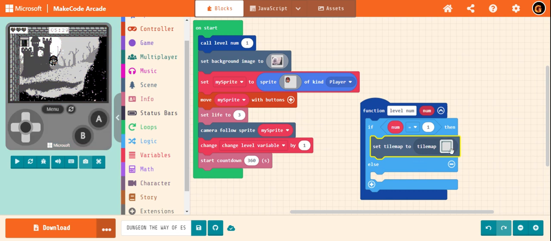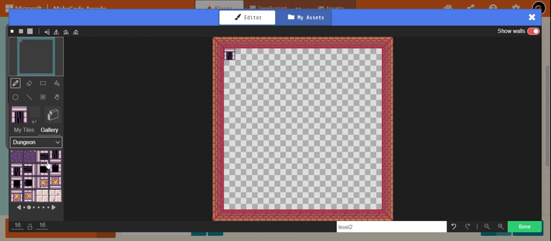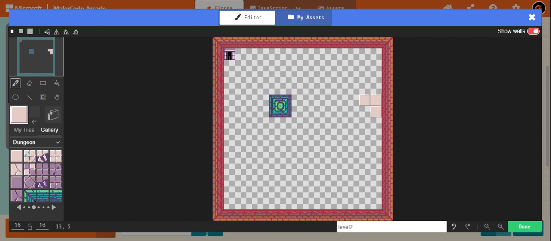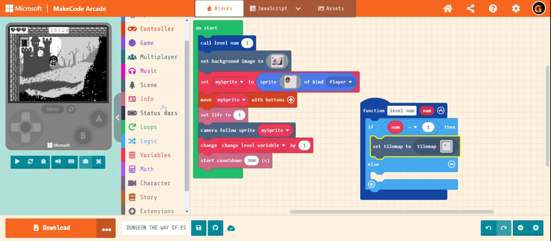So, perhaps we shall edit the tile map again and then let's make the center block. Let's draw a center. I think this should be a maze. After that, let us put something else new. Let me keep this square. Okay, done.